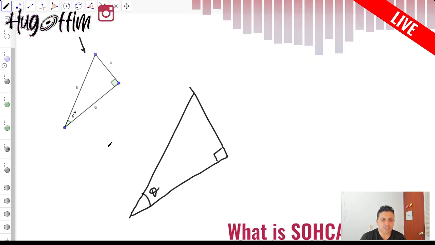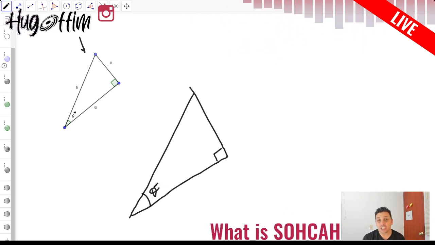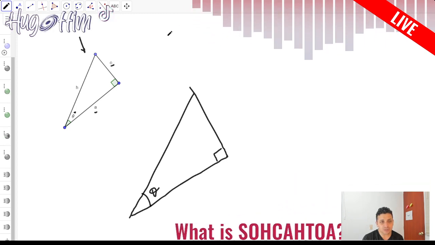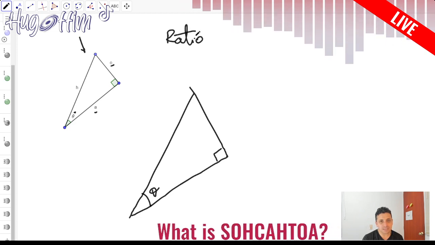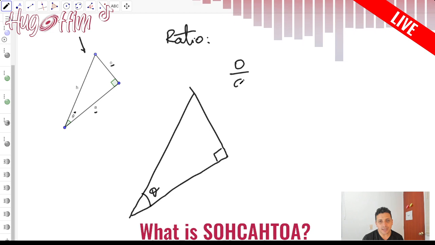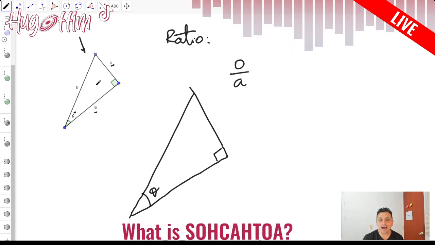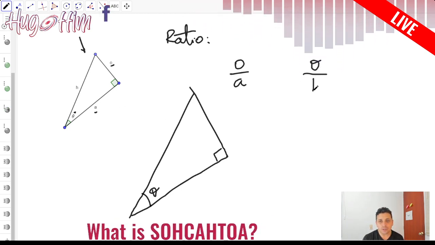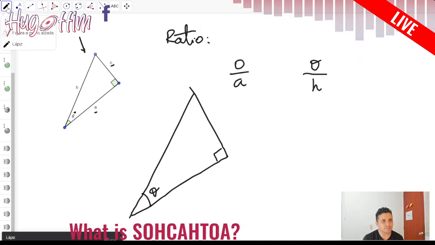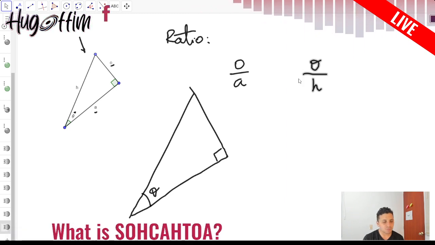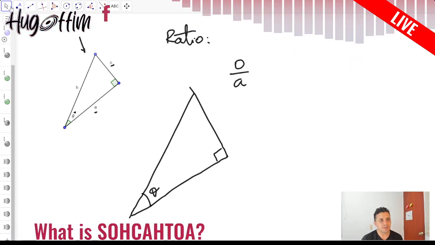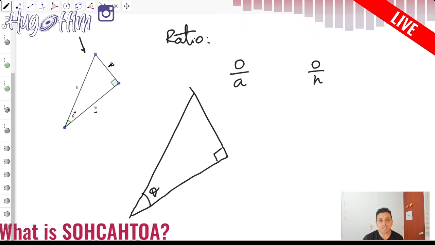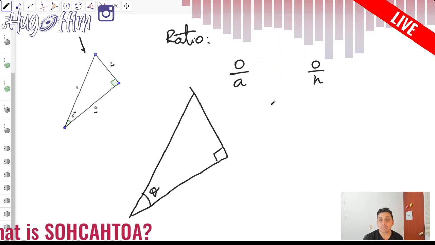Why can we understand trigonometric ratios in this way? As this angle is congruent, it means that the ratio O over A, the opposite side to the angle over the adjacent side of the angle, or the ratio O over H, being O the opposite side of the angle and H the hypotenuse of the right triangle,